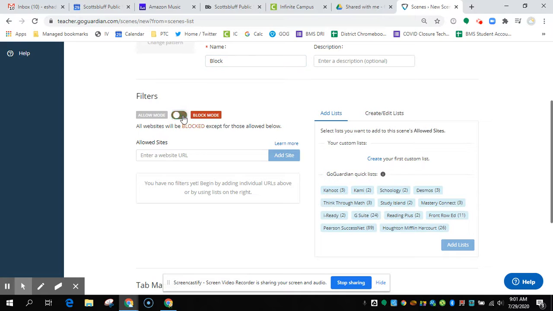When you run a scene in block mode, you will have to add all the websites that you plan to allow students to access. This can get tricky because sometimes one little mistake in the website will prevent students from being able to access it. So I would run your scenes in allow mode and then enter websites as you go that you don't want